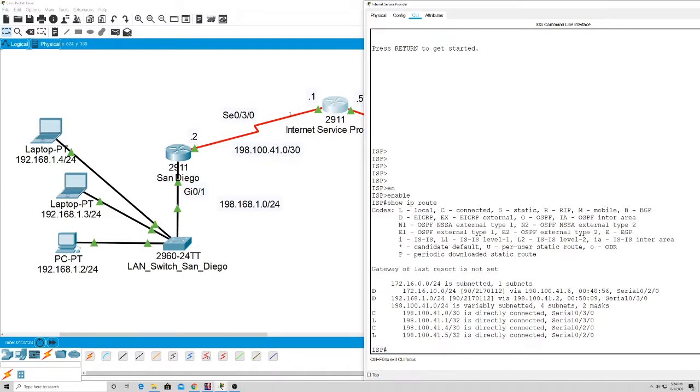And then it'll send that data along the serial link. It'll go to the router. The router would then look at the destination IP address. Well, actually, it'll strip off the layer 2 information, look at the layer 3 information, which is IP, and then look at the destination IP address and say, okay, I know how to get to the 1.4 network, and then it shoots it down